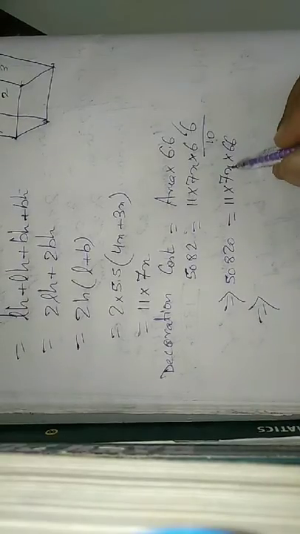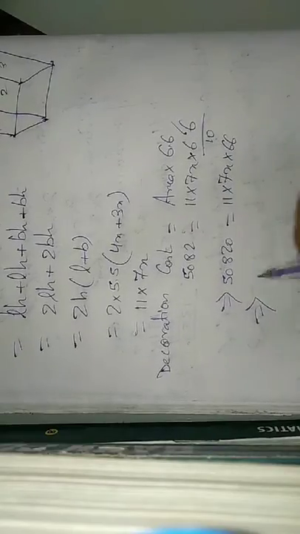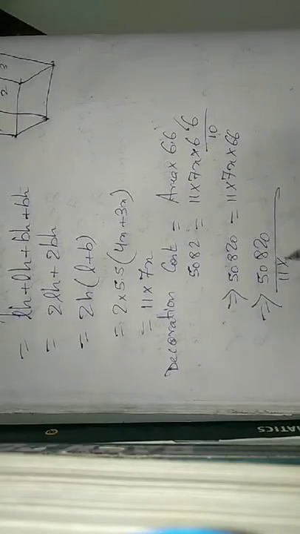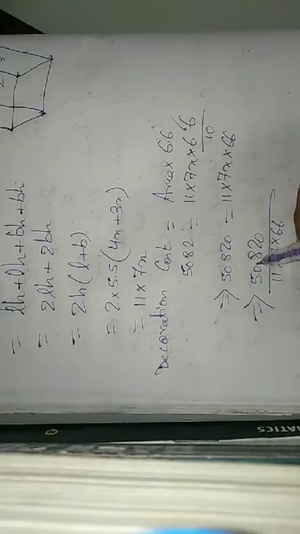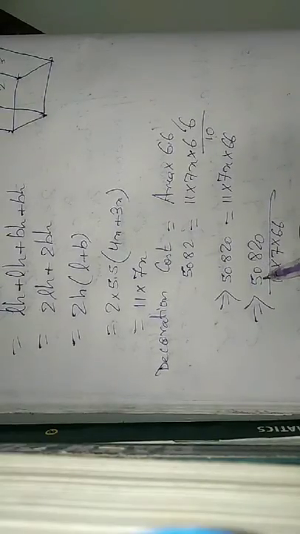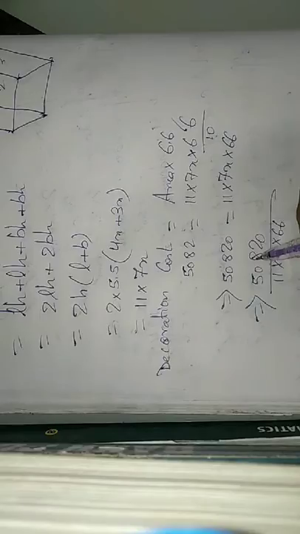So all of them are into multiplication now with x, so now they will go into division once their side is changed. So this is 50820 divided by 11 into 7 into 66. Let's see whether it can be simplified using 11 or not. 11 4s are 44, left 6, then 68, 11 6s are 66, then left 2 and again 2.